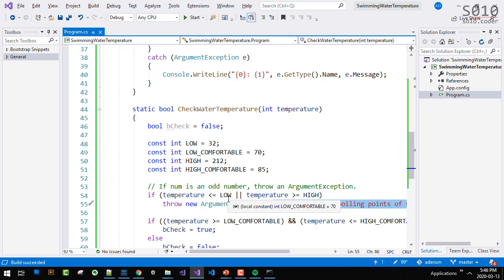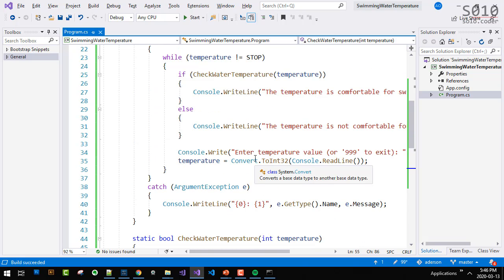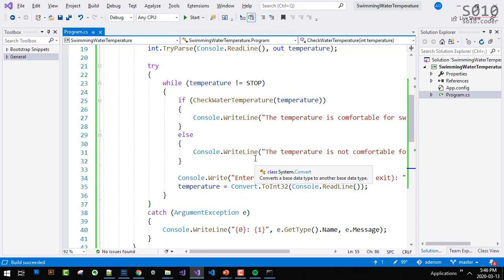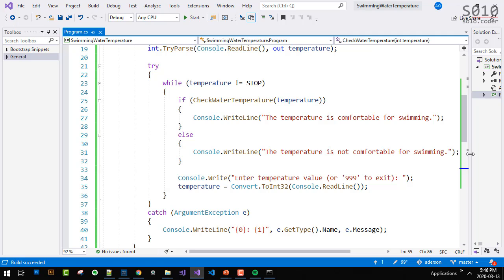I want to know that there is an exception, but I don't want to stop there. I want to keep running through the question. So looking at this code here, what should I do to handle the exception and to keep asking for a new temperature? What should I do? What should I change?